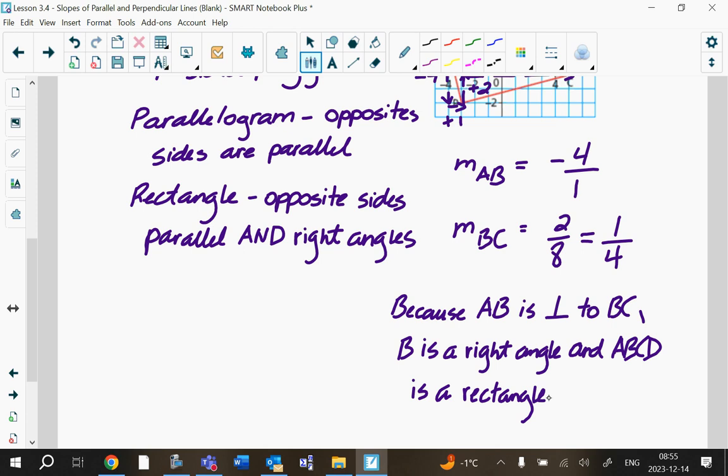I could basically ask you 2 types of questions with this. I could give you one and say, it's a parallelogram, prove to me it's a rectangle. Or I could give you one that says it's a four-sided shape, prove to me it's a parallelogram. To prove it's a parallelogram, you'd have to find all the slopes. And if the opposite slopes are all equal to each other, then you've proven it's a parallelogram. Okay. So that's